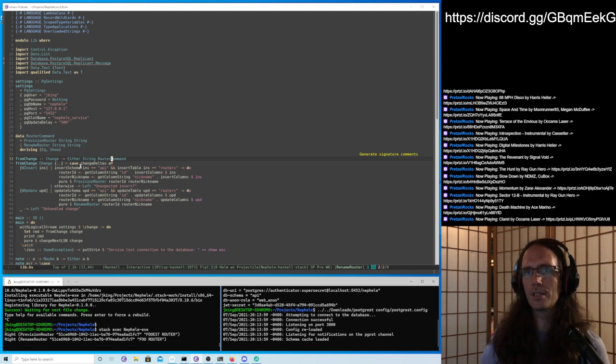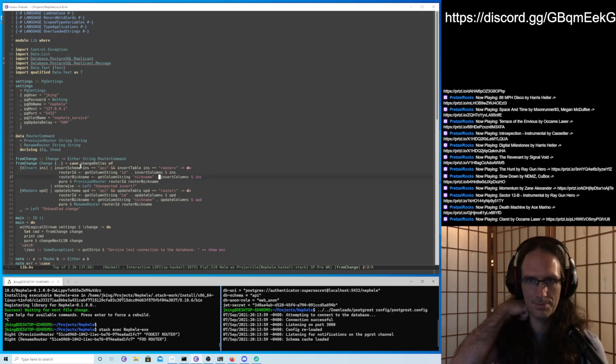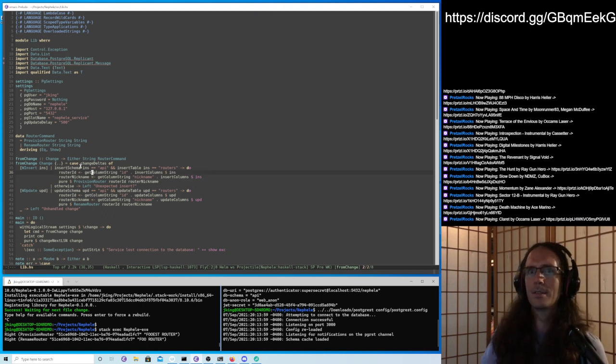So we're matching them based here on what schema and table it was in, that kind of thing. We're pulling out the ID and nickname, and if we can't pull out those columns we're expecting, then we'll return an error. Otherwise, we get the provision router command. So you might think, well, what if somebody wrote a query that inserts into this table, but only inserts one of the values that we need here? This is only going to map when these specific columns are here.